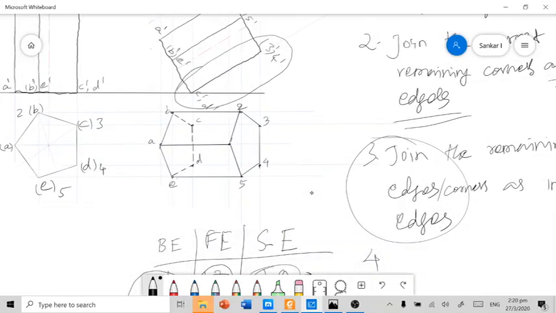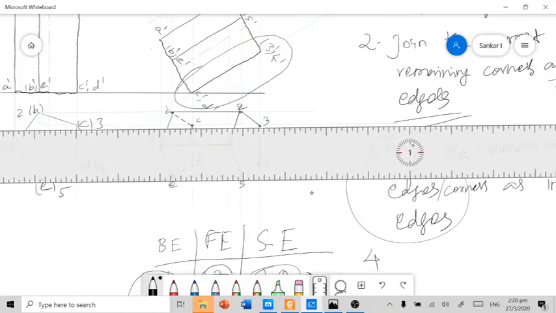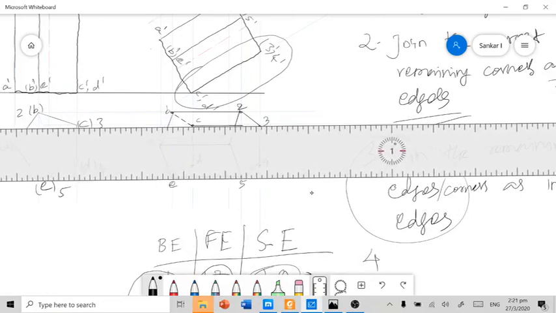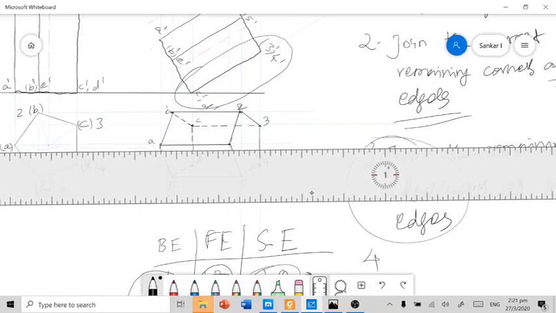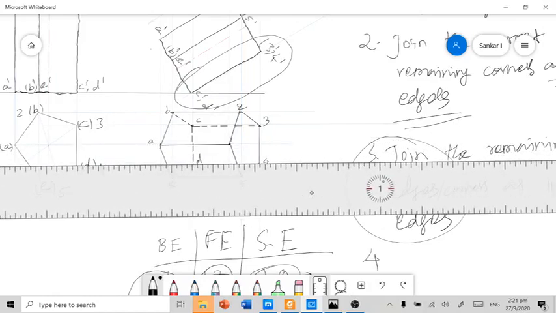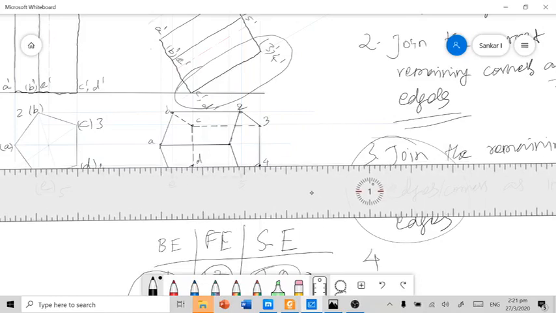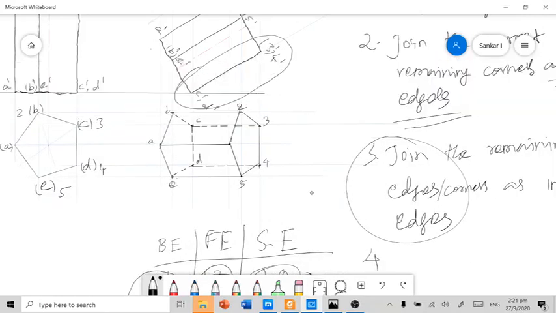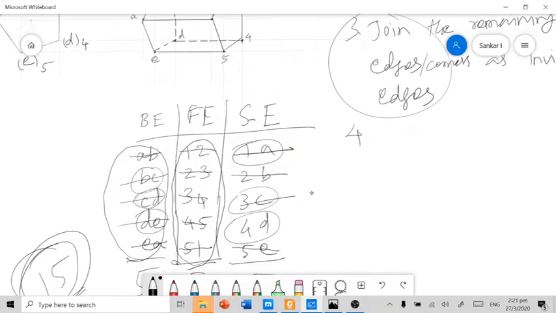I need to follow the dashed line format to draw the edges 3C and 4D in order to highlight them as invisible edges. Now 3C and 4D are also drawn.